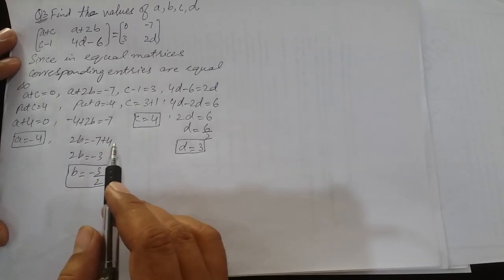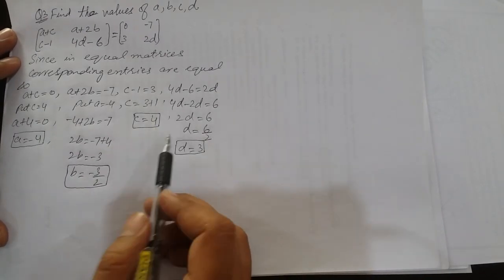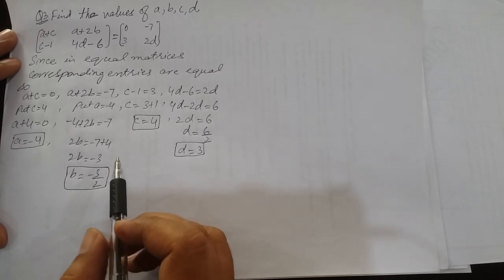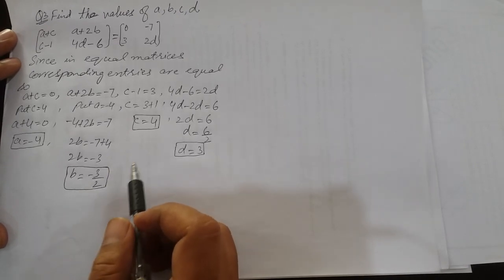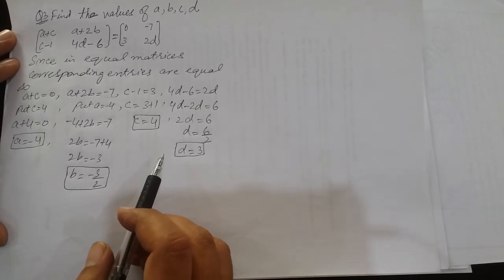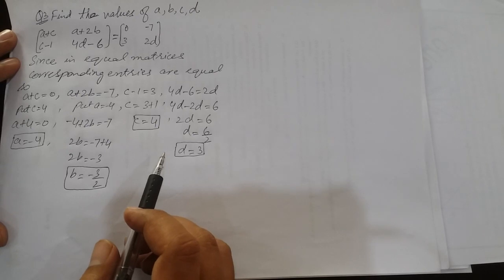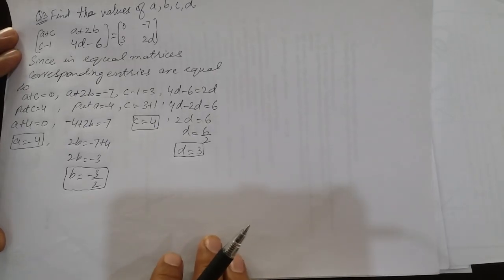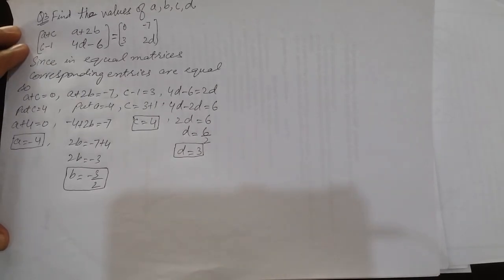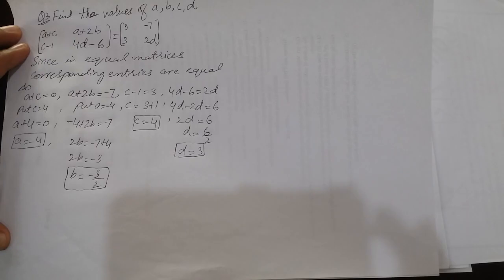Hopefully you have understood every step of the solution very clearly. Try to do it by yourself as practice on your rough copies and then complete this question on your neat copies. Exercise 1.1 is complete. Now we'll move to the next exercise, and first we'll discuss its theory, that is types of matrices. So we are going to discuss types of matrices now.